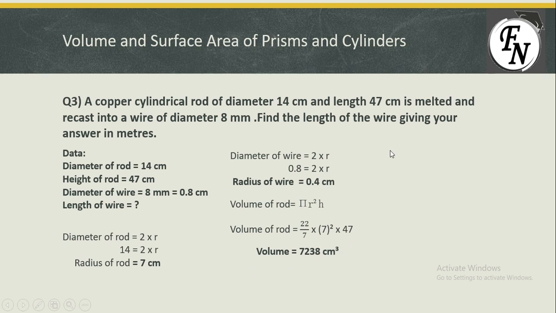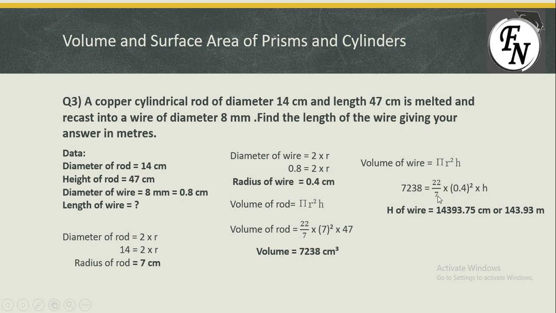of the wire. So now volume of the wire is equal to the rod, and we have the radius of wire, that is 0.4, and we need to calculate the height. So we will use the same formula, that volume of wire is equal to pi r square h. Now volume would be the same as the volume of the rod, as the whole of the rod is converted into wire. So we will use the volume as 7238 is equal to pi 22 over 7, and r is 0.4. We have squared that value, and into h, this h or length needs to be found.